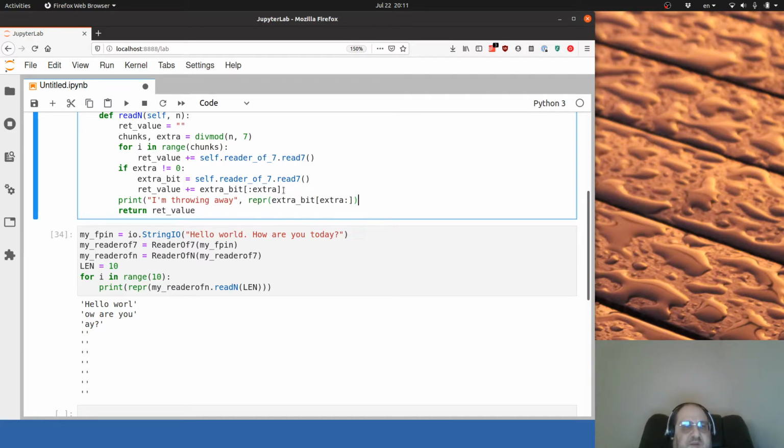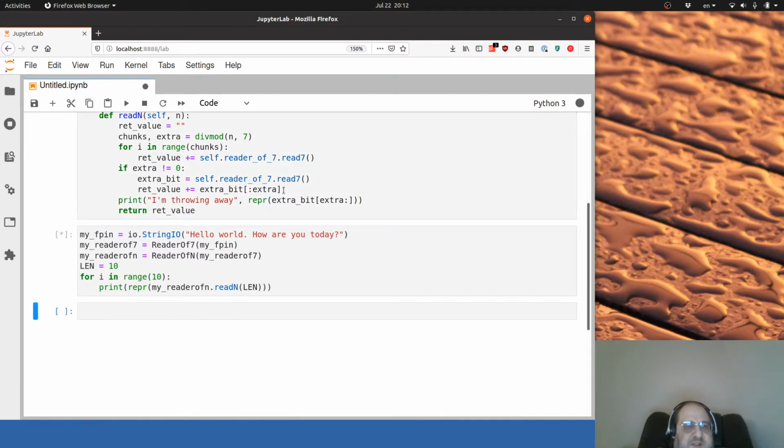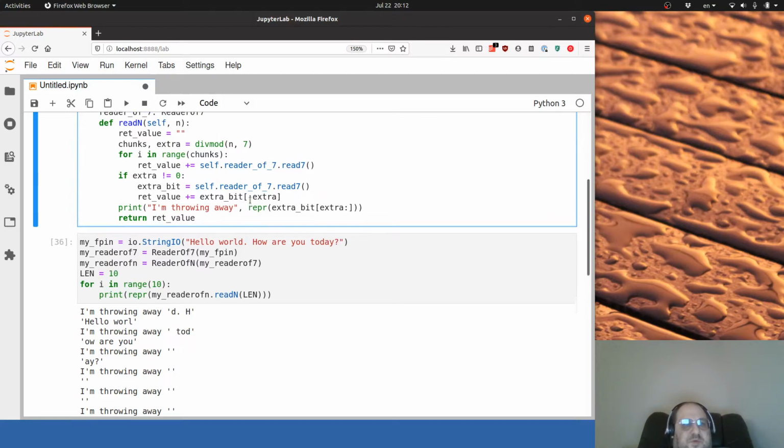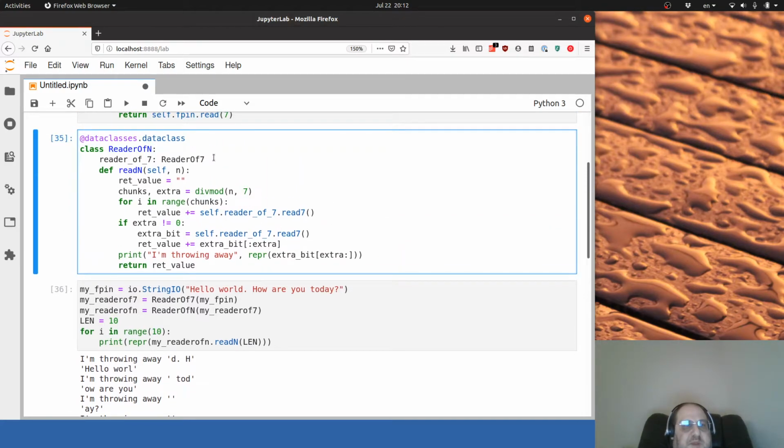So the first thing you need to do when you fix a problem is to completely understand it, right? So I'm throwing away "d dot space h". So we're exactly throwing away these tiny bits, right? And here we don't throw away anything, so that's good, right? Okay, so now what should we do instead of throwing away, right? So we can have